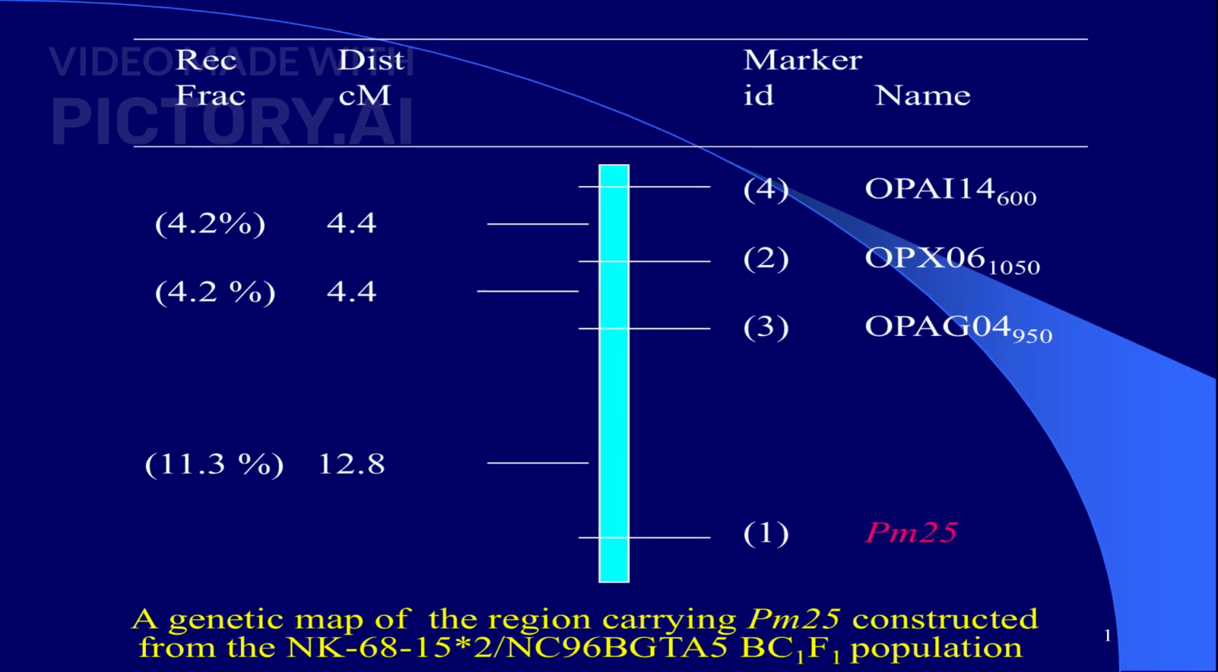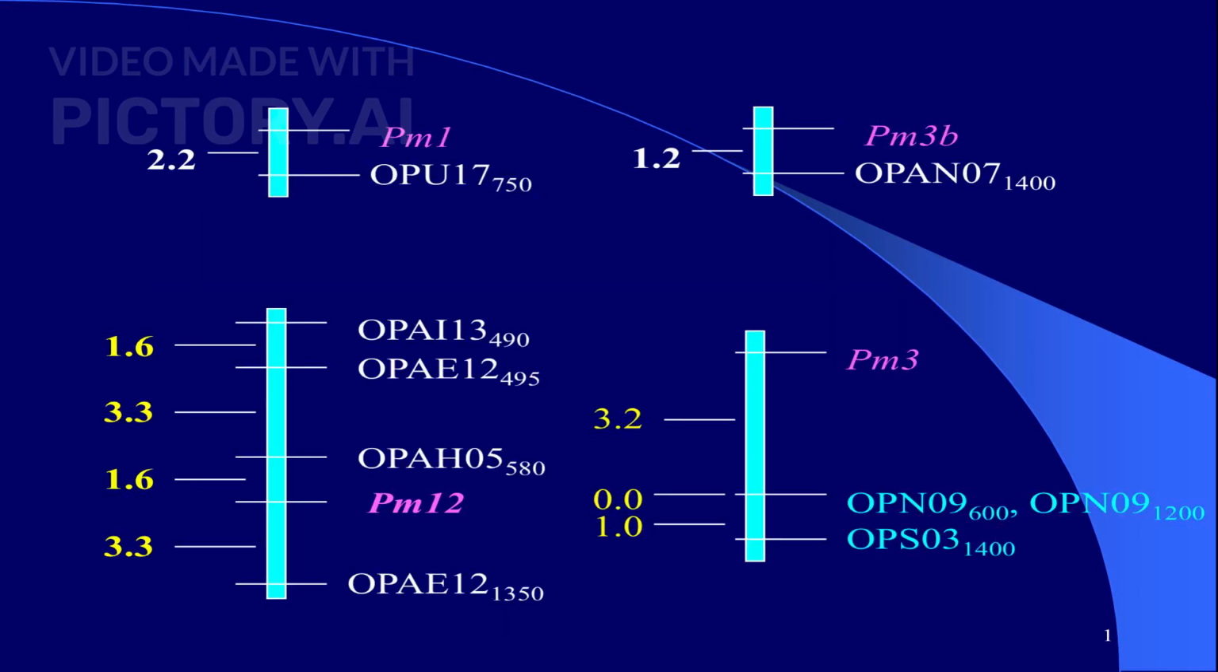Here, we present a genetic map of the region carrying PM25, constructed from the NK6815*2, NC96BGTA5 BC1F1 population. This map highlights the genetic distances and marker identities. This slide illustrates the detailed genetic mapping of specific genes, including PM1, PM3B, and PM12, showcasing the precise locations and